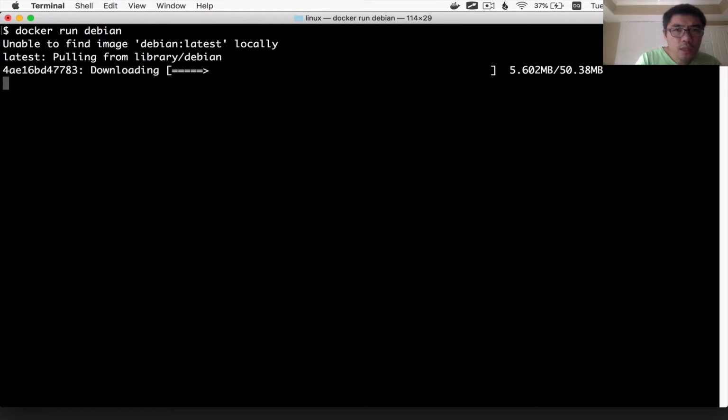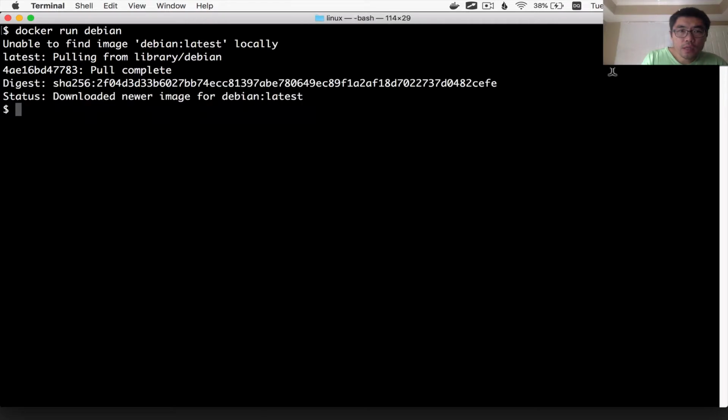So the Debian image, for example, contains everything that your computer needs to start and running in Debian Linux. And they released the Debian image so you can run it directly with Docker with just one command like this: docker run debian. So I'm going to run that, and you can run that yourself as well. And now it's already downloading that image, which is 50 megabytes.